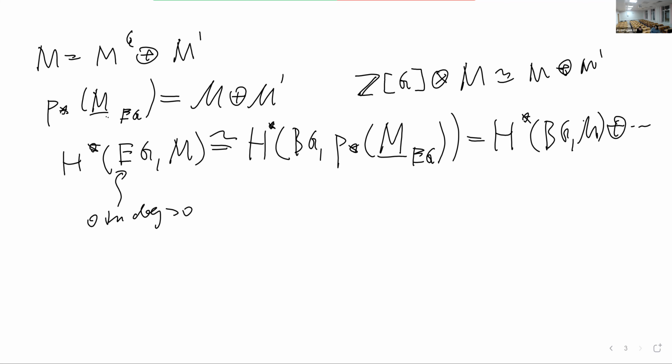Okay, so this thing does contain M as M tensor 1. And now I want to construct a projection of this thing onto this, and